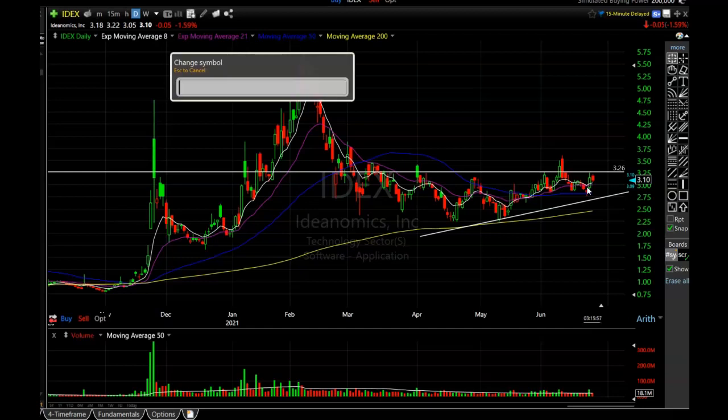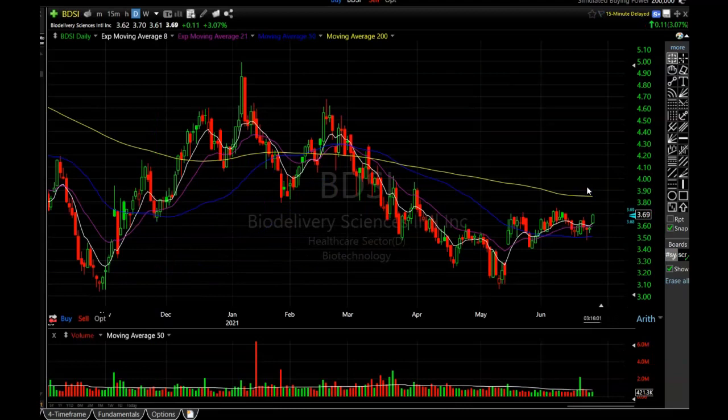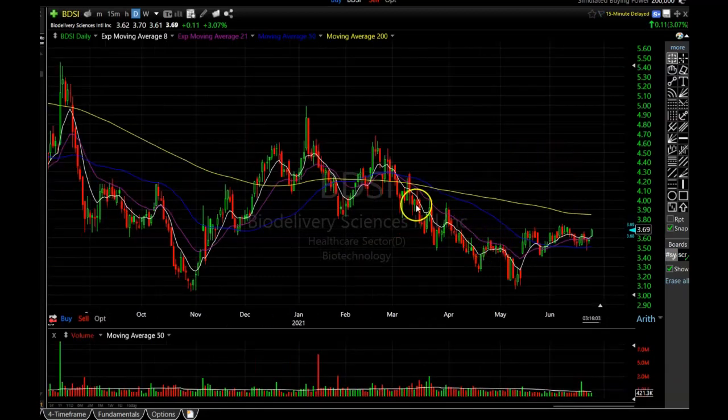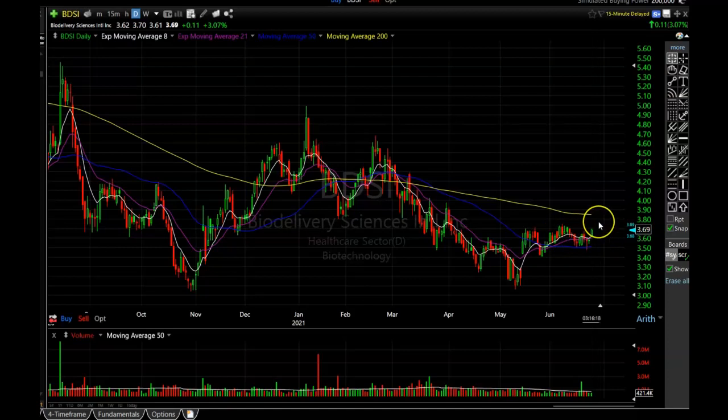Another one I want to show you is BDSI. If we look at BDSI, we can see BDSI had been moving down for many months, had a big gap up, and has been going sideways. So it's holding this gap up, which is very bullish. It's been finding some resistance right around 375 or so, but I think this one just looks poised to break